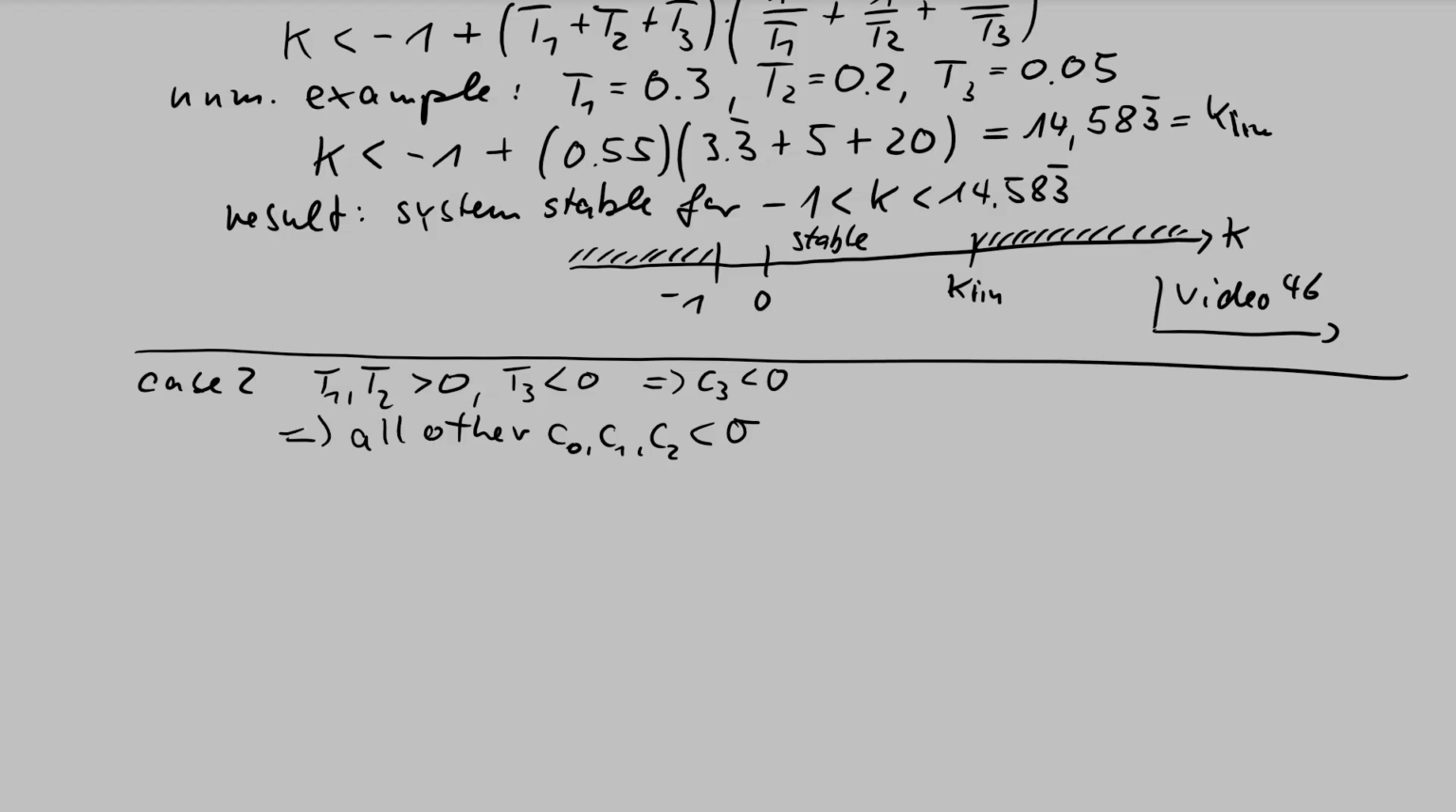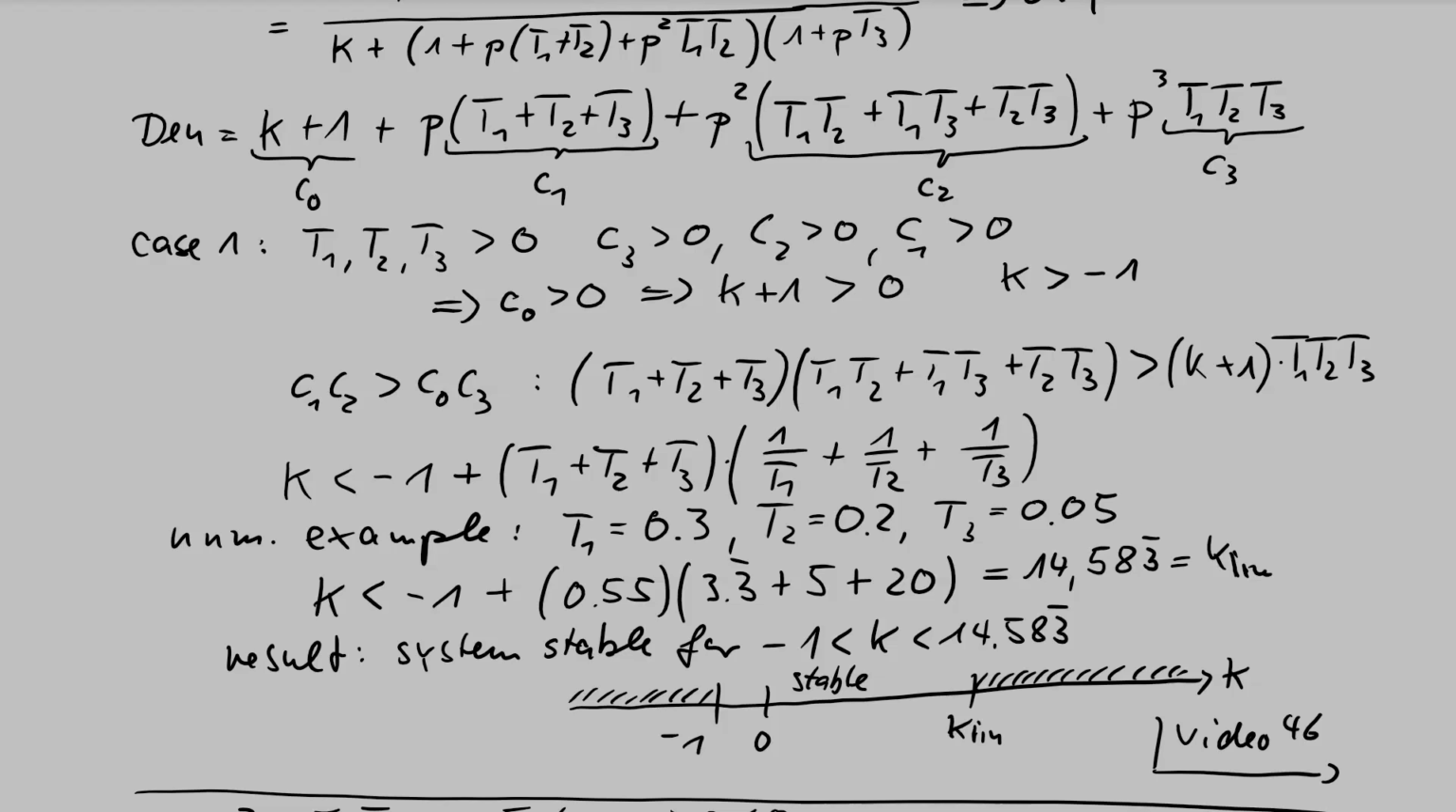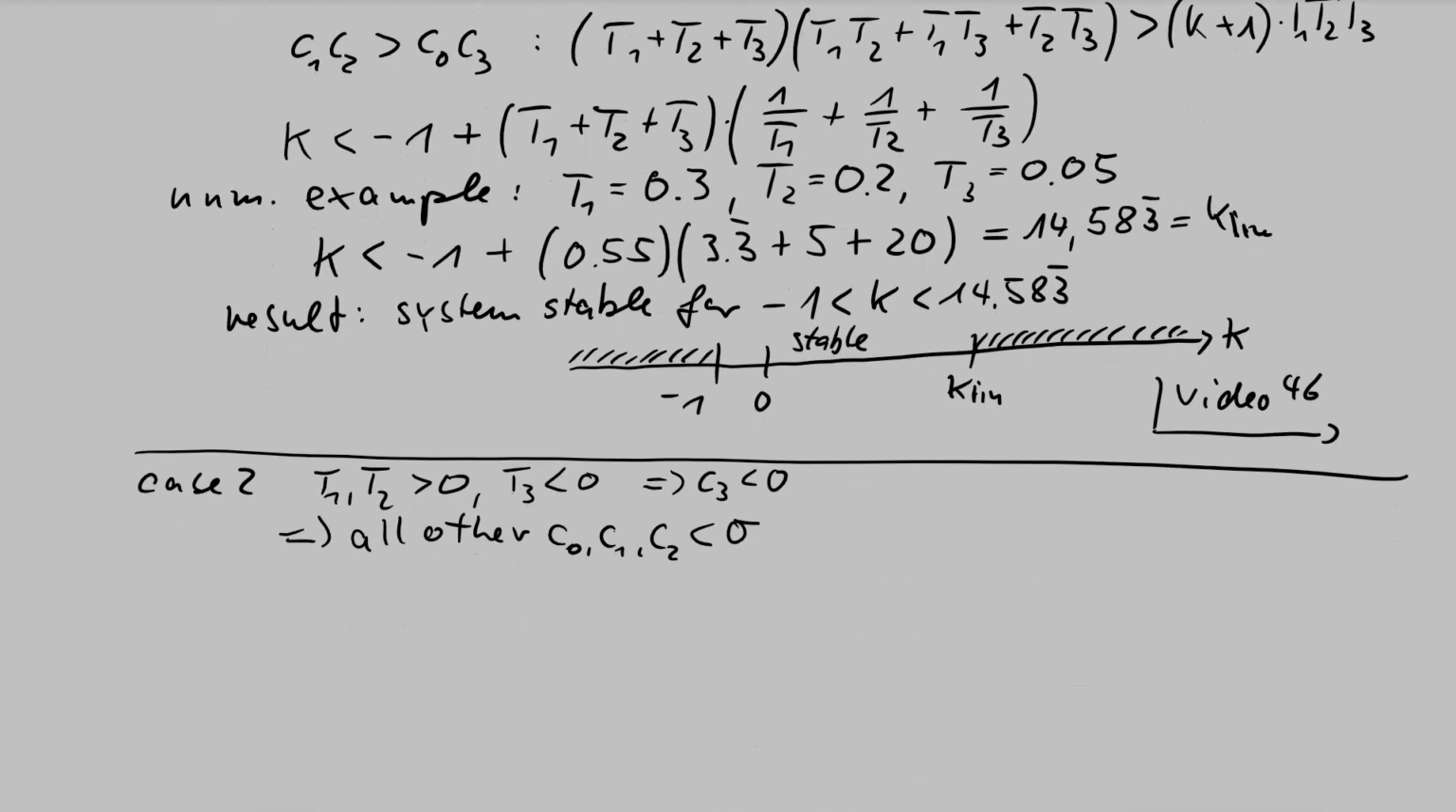Can the C2 and C1 be negative? Let's start here with C1. Of course, this could be negative if the negative time constant is in the magnitude larger than the both positive time constants. Then C1 changes the sign. So what we can mathematically write down is, let's start with C1, finally to C0. C1 is the sum of the three time constants, must be negative,